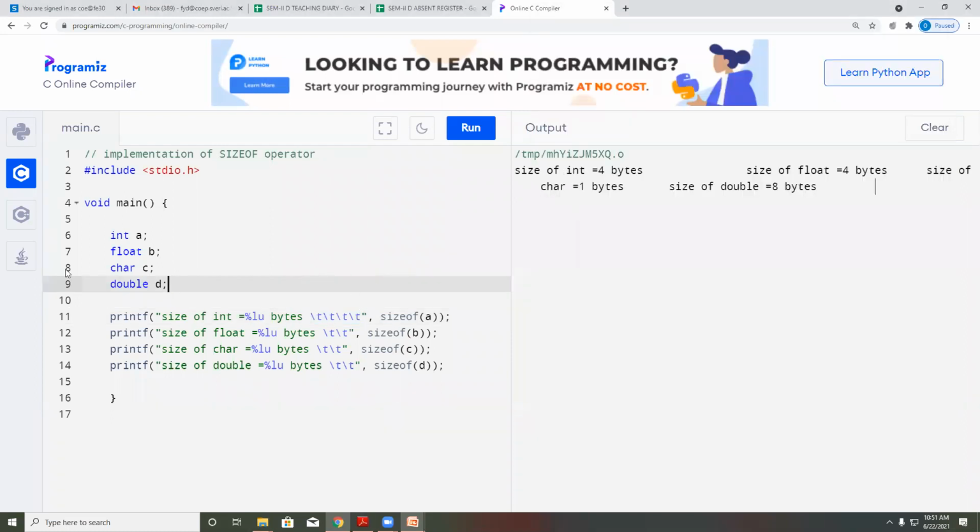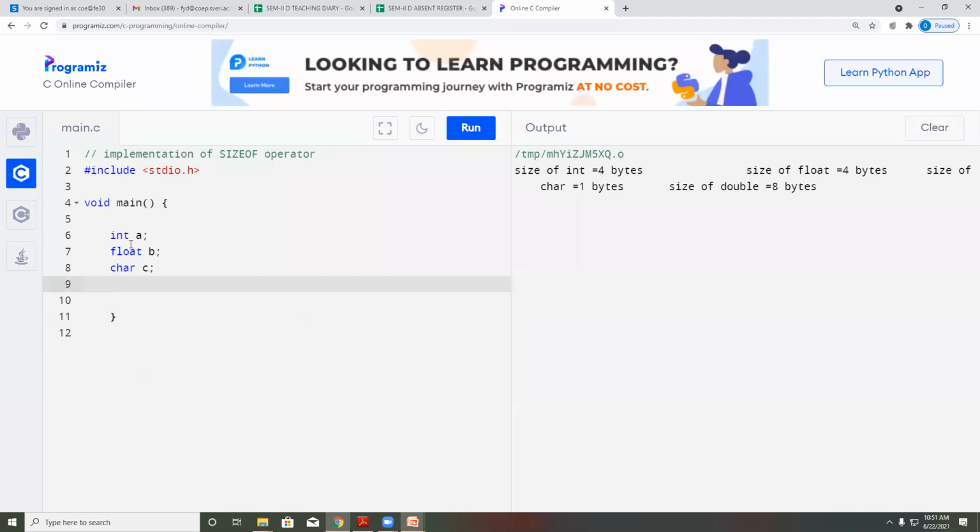So we have seen the implementation of integer, right? We have seen the implementation of float. What about character?